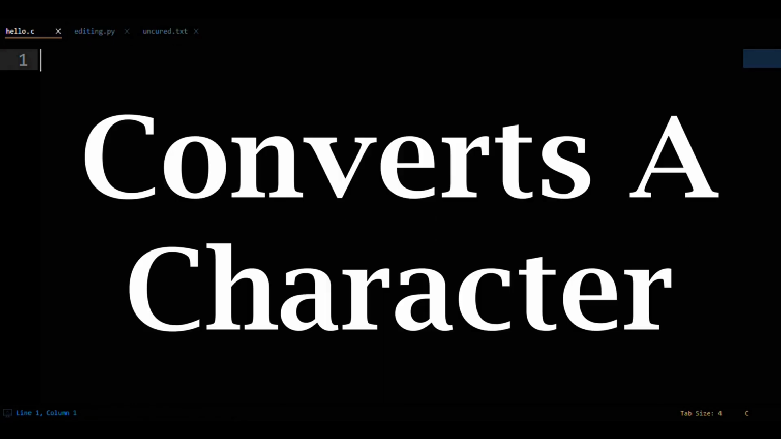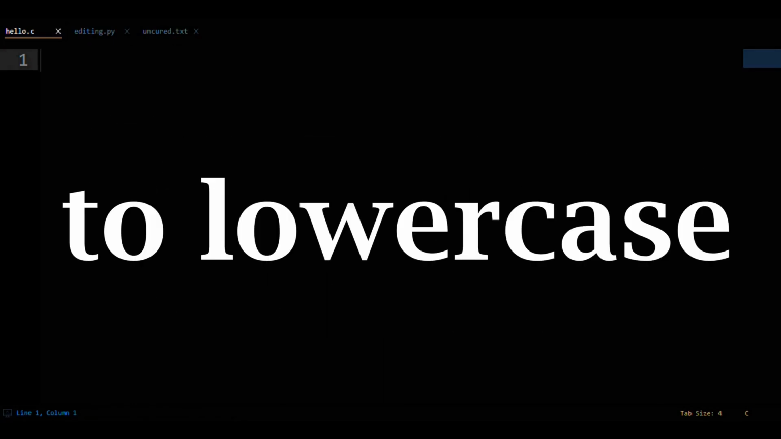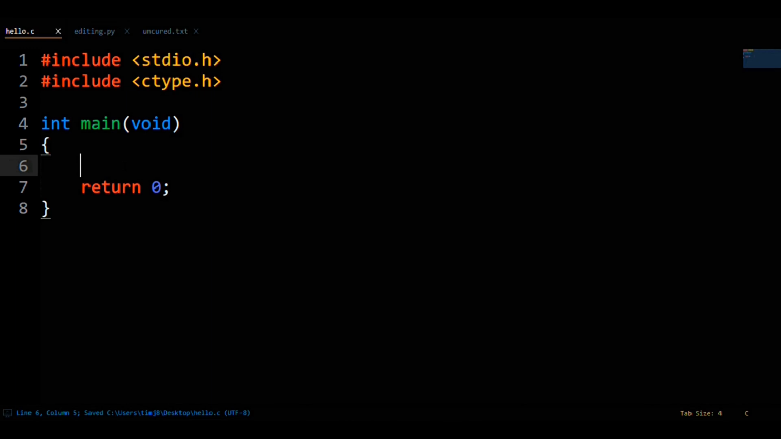toLower in C converts a character to lowercase. Let's set up some code so you can see the functionality of toLower. We will have a char array of 5 characters. So, chars[5] equals the array containing lowercase a,